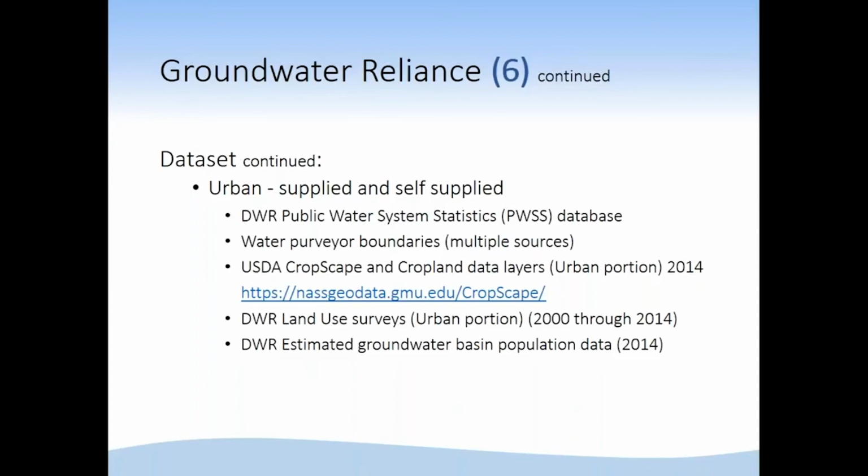If you have 20,000 people living in the basin and the urban providers are only supplying 10,000, that means there are roughly 10,000 people on self-supply. We needed to break that down in that fashion, because there are self-suppliers, both domestic and commercial, that we had to take into consideration. So between that and the urban purveyors, we were able to determine how much groundwater was being used and supplied for urban needs.